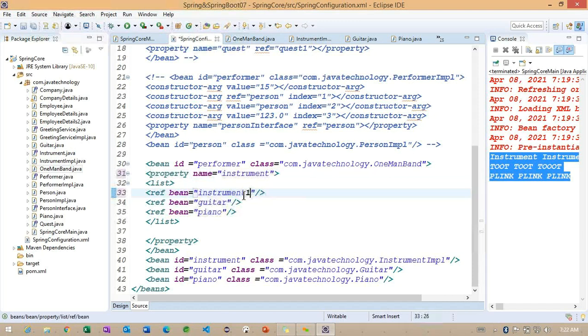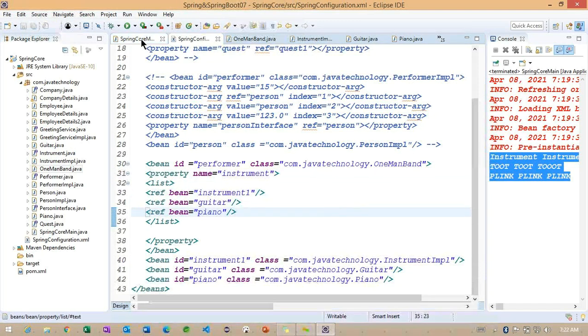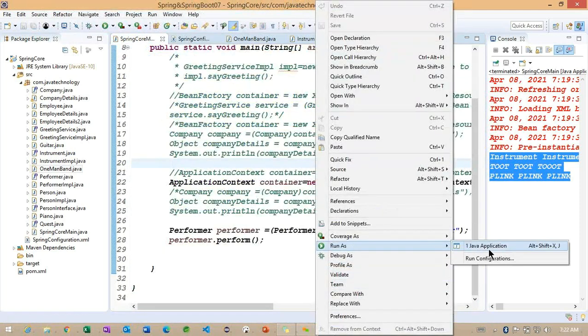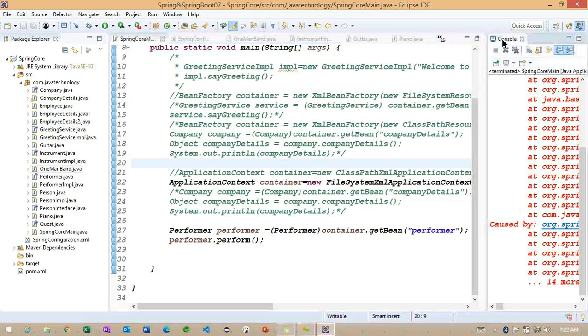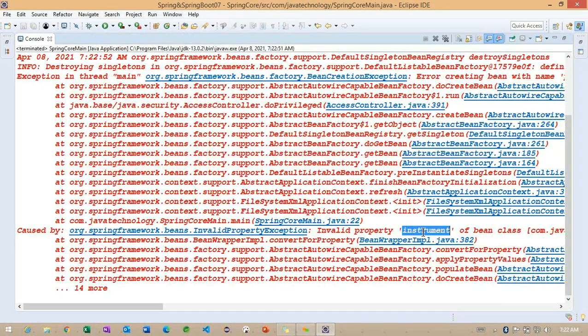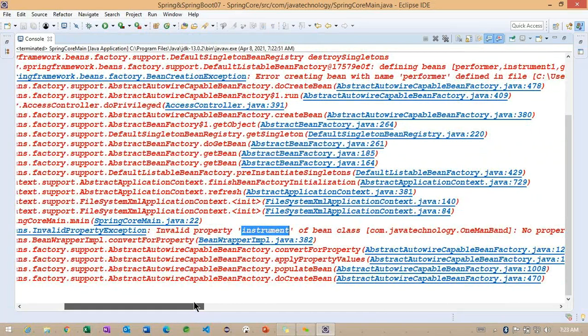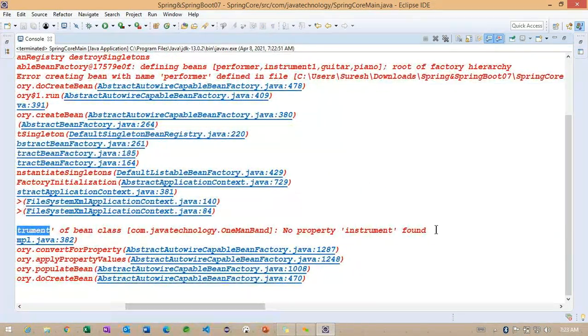And so you are going to get an error here: invalid property instrument, no property instrument found, even though we specify instrument on the particular one-man band class here.